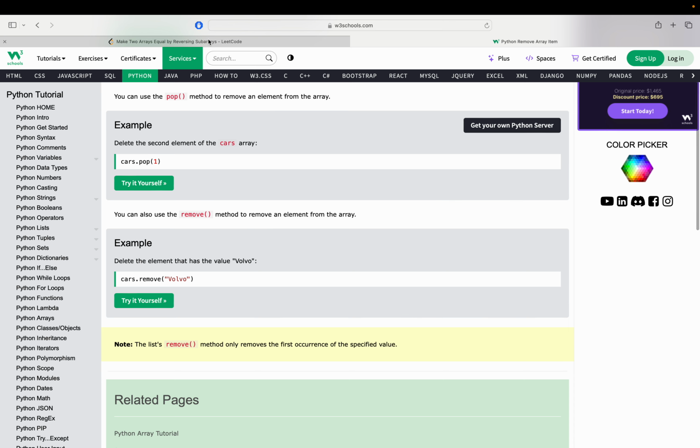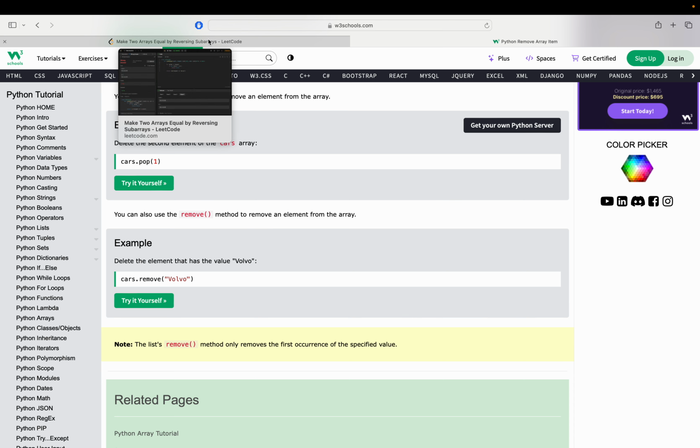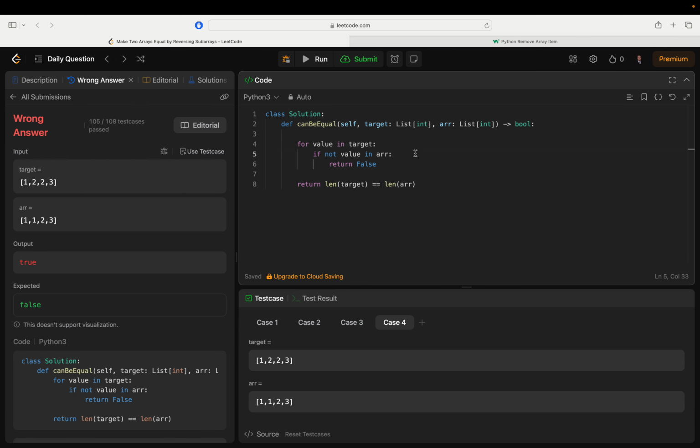Now let's use remove. I don't know. I don't care. I'll remove it, and then,